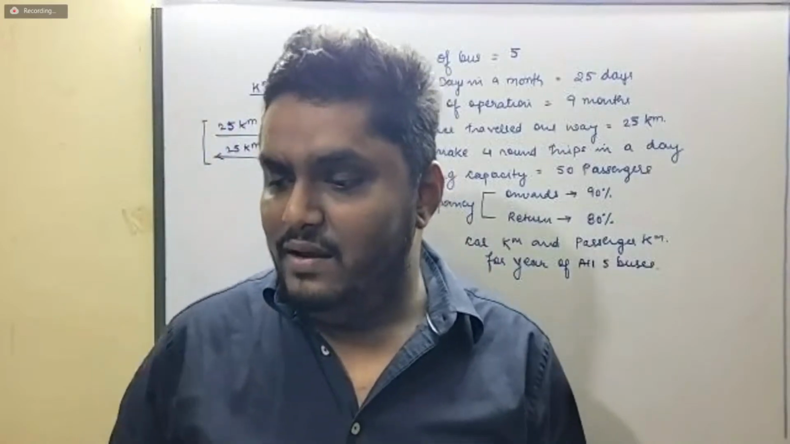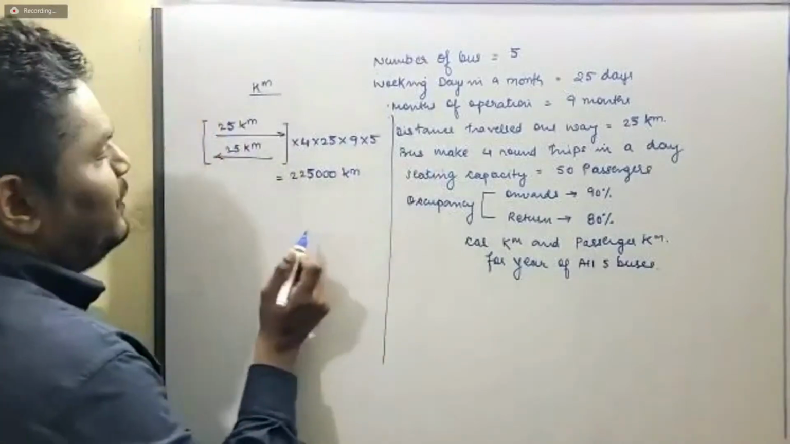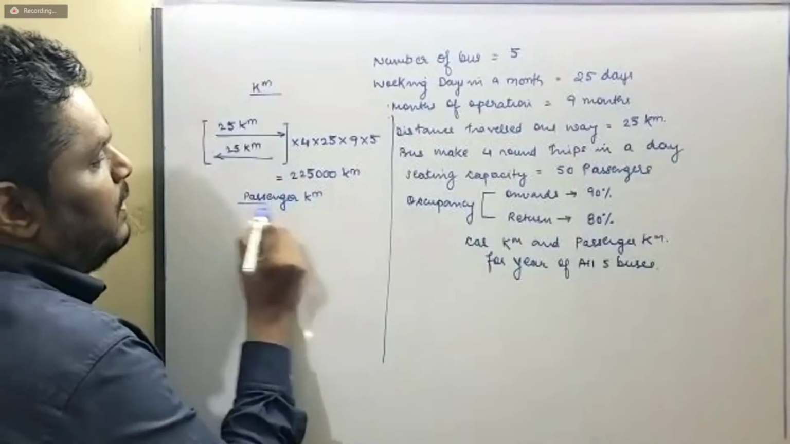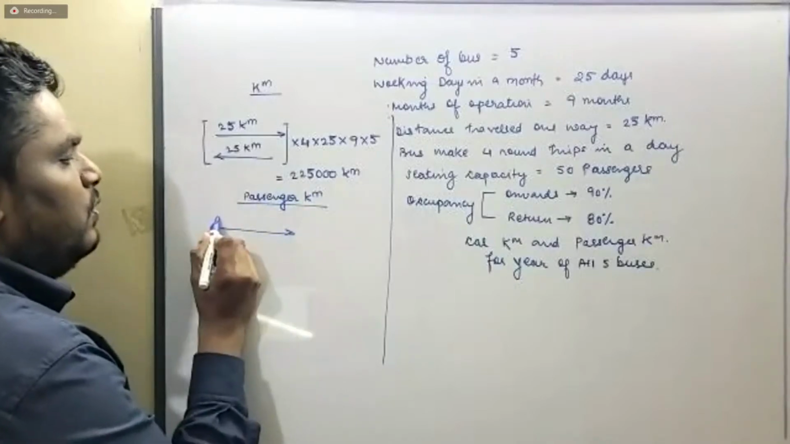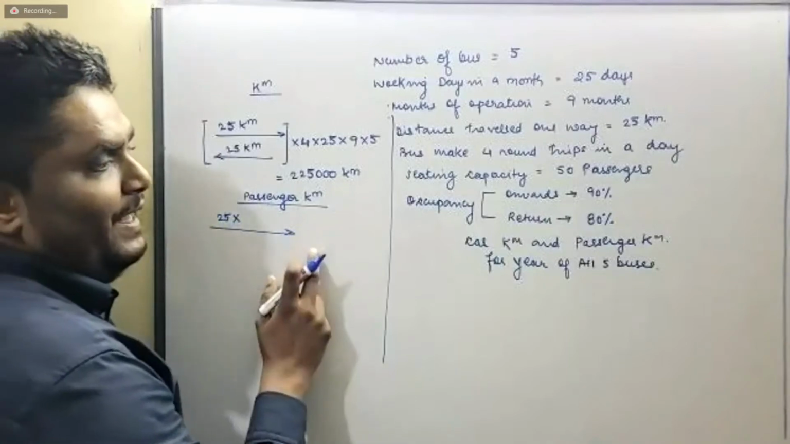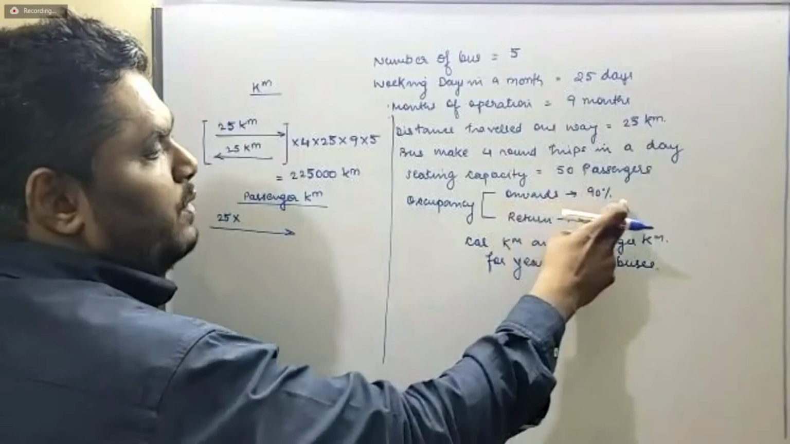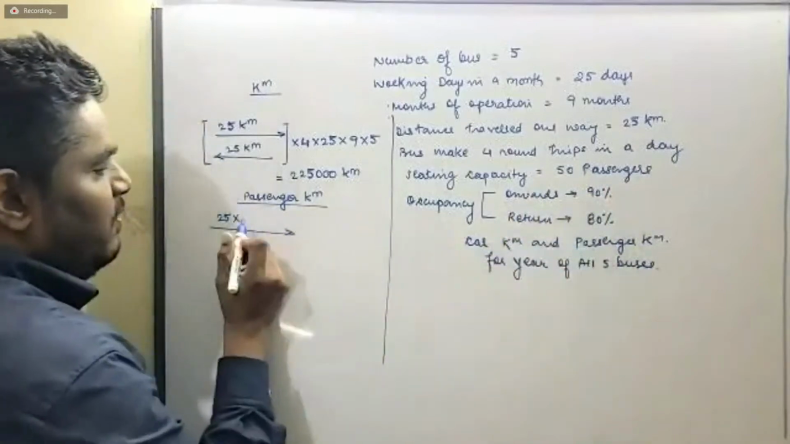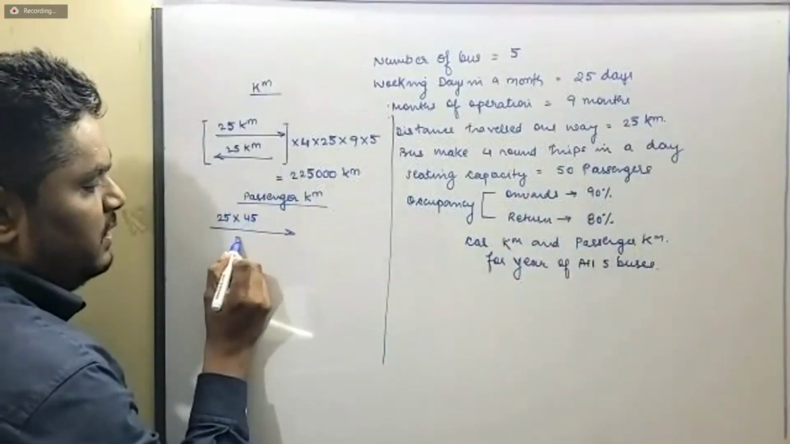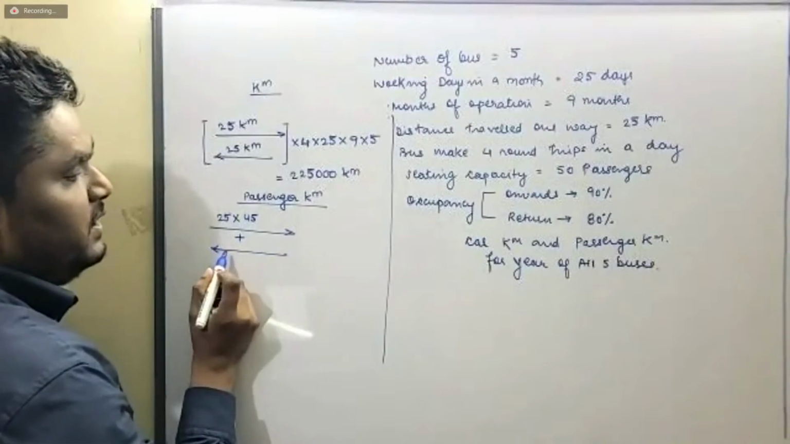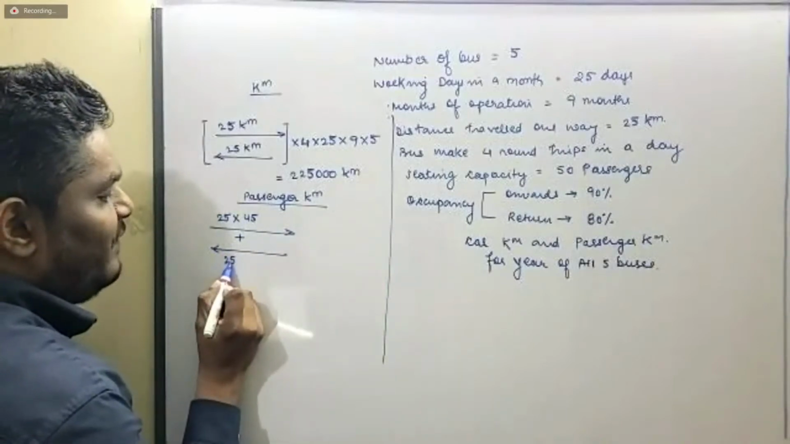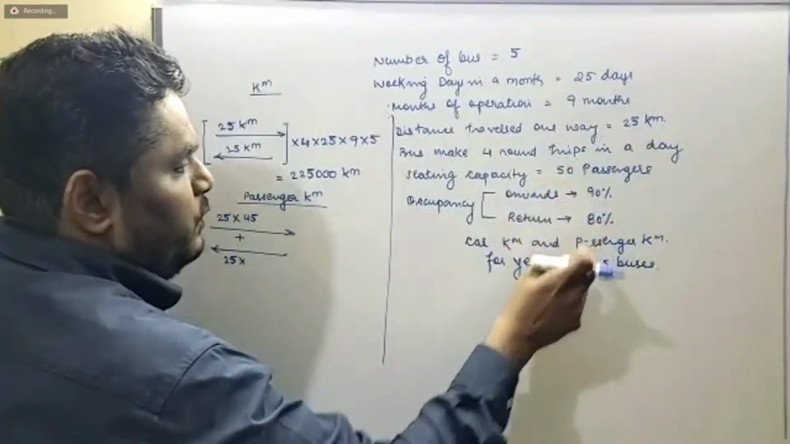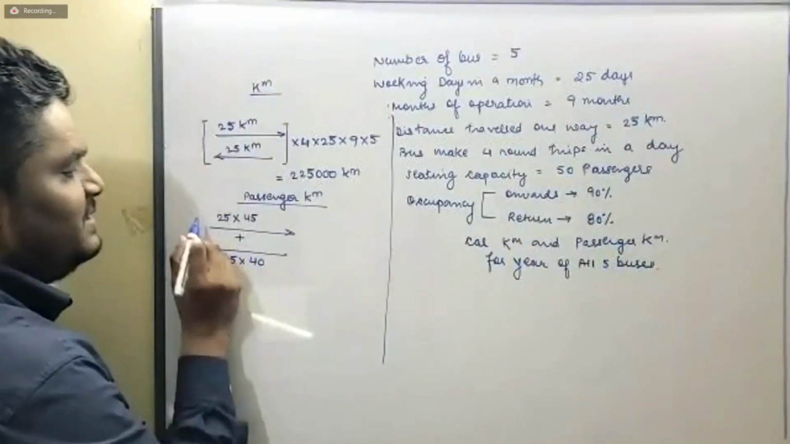Very good, Vinodini. Now, when talking about the calculation of passenger kilometer, again use the same approach. 25 kilometers they are traveling in the onward journey, and the occupancy in the onward journey is how much? 90%. That is 50 into 90%, that is 45 passengers are traveling in the onward journey. In the return journey, they are traveling for 25 kilometers, and the passengers traveling are 80%. That is 50 into 80%, that is only 40 passengers are traveling